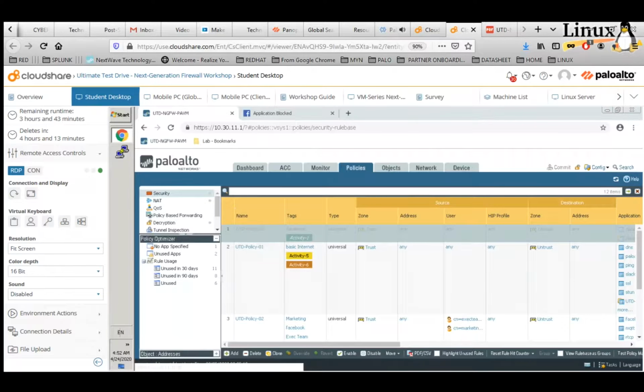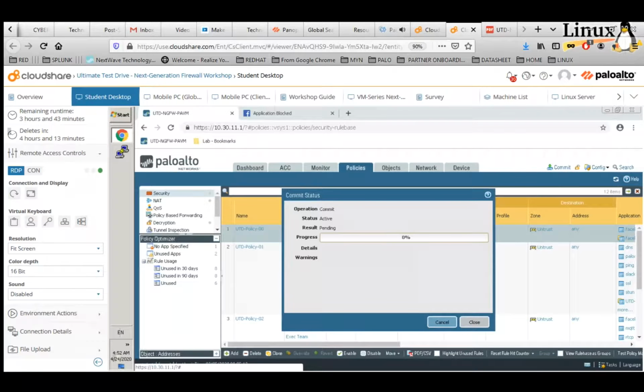Then we press enable to activate this. Once this is done, you will see that it's no longer in italics. Then once we commit, we are supposed to get access to the application.